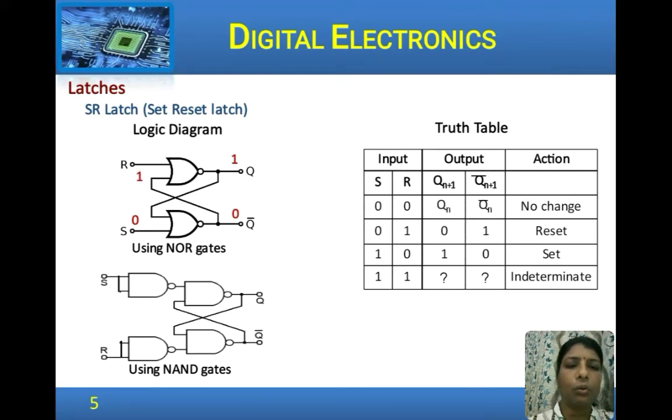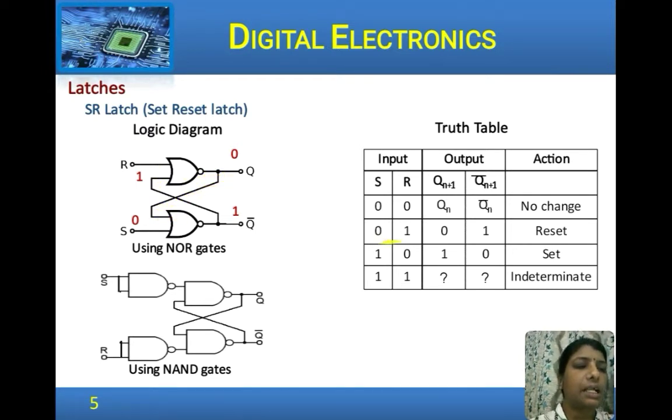So now S has an input 0, one input is 0, the other is 1. So from a NOR gate, the output is 0. This is fed back to one of the NOR gates. So a 1 and a 0, the output of a NOR gate changes to 0. Now a 0 and a 0 given to this NOR gate, 0 NOR 0 gives an output of 1. So the output changes to 1. And 1 and a 1 to a NOR gate, the output is 0. So this is now in a stable state.